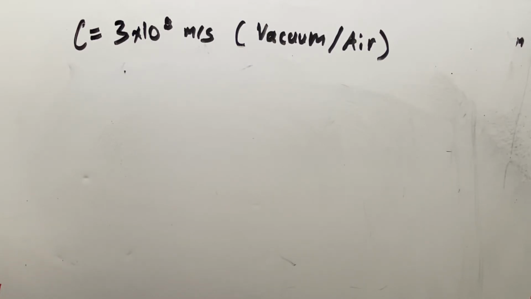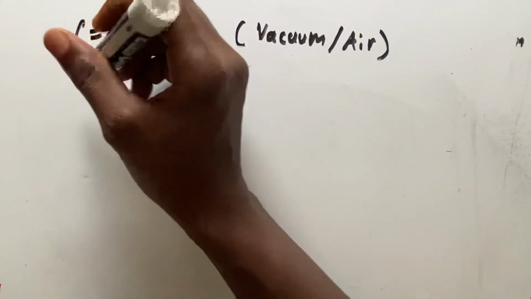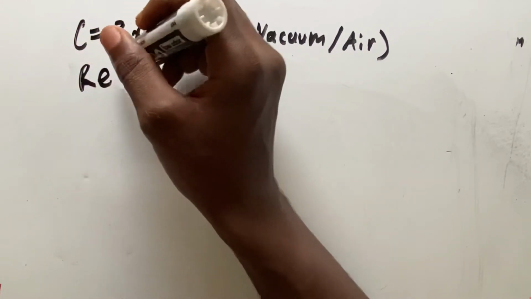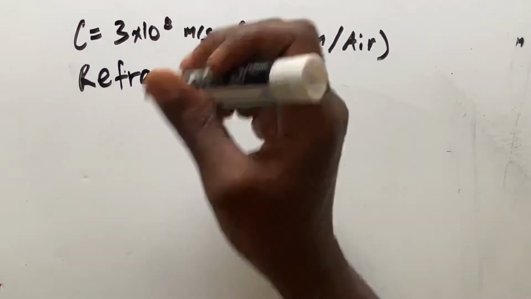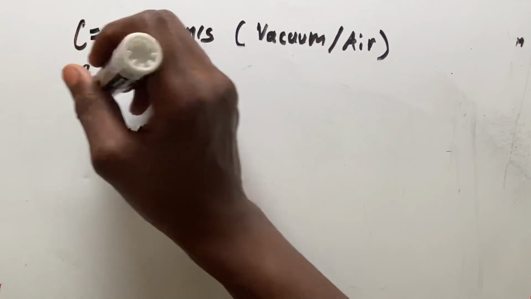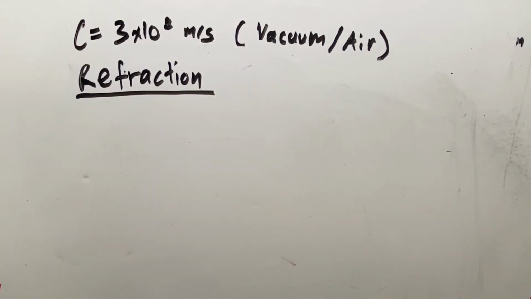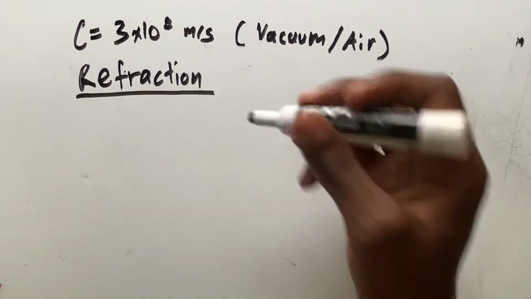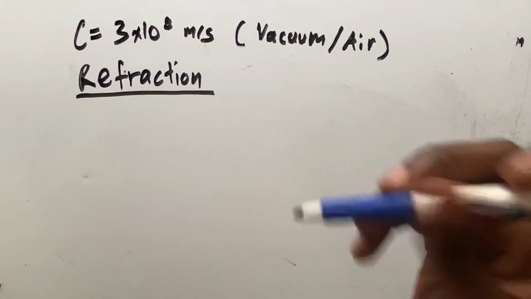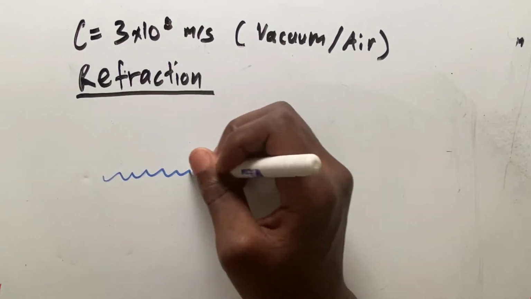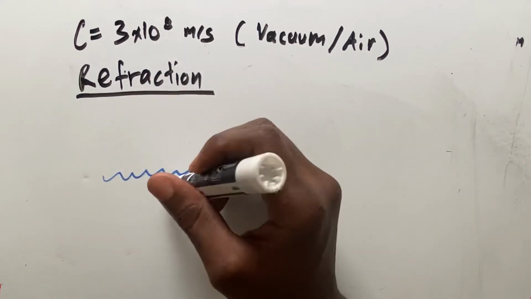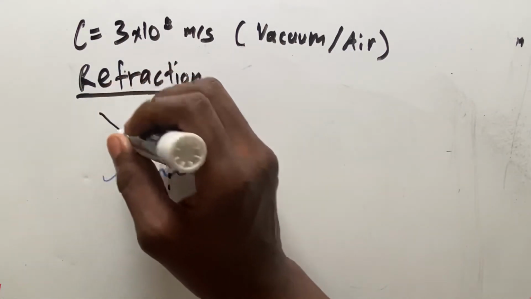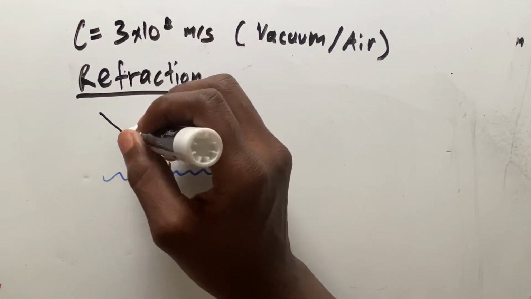So now let's get into refraction. Again, just to remind you, refraction is when light, or a wave, passes through an object and is bent in some direction. So let's use the light and water scenario. We have some water, boom, and we have some light coming in. Boom.